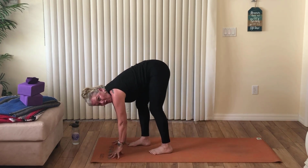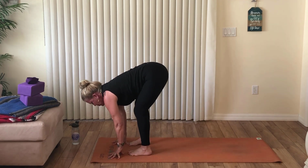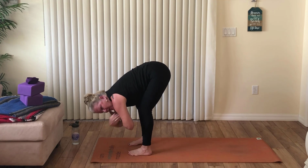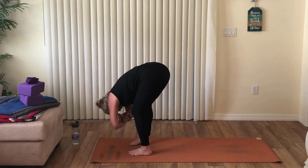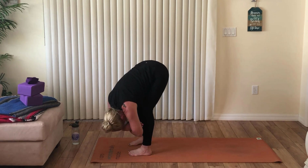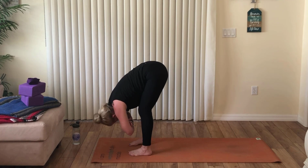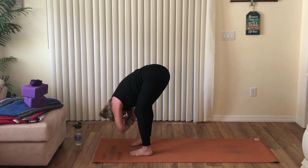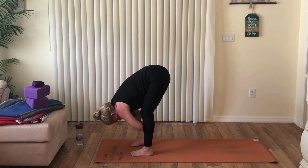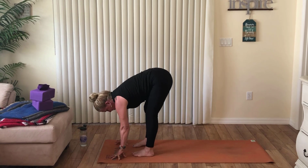As you come to ragdoll, leave your feet separated, hip distance or even more. Soften your knees, hold opposite elbows, or tuck your hands into the crook of the opposite elbow and hang and wag your body a little bit side to side. Let your head hang heavy. Maybe nod your head yes and no. Just letting go, softening. Good, and then release your fingertips to the mat, and either keep the feet separated if that feels better, or